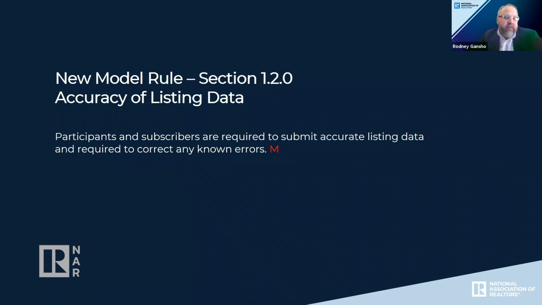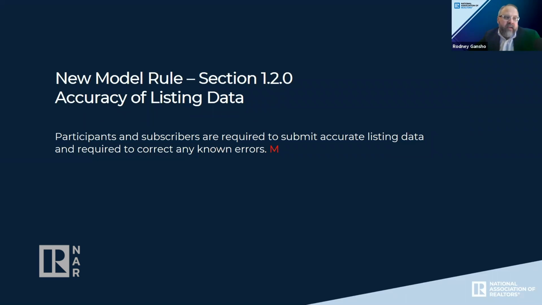The goal of that group is to create a list of MLS standards, what all participants and subscribers should expect when they join a multiple listing service. They worked extensively over the summer and fall of last year, hoping to finalize their work for the November meetings. Once they got into it more, they realized it was bigger than what they intended, and they broke up their work into two phases. Phase one was the adoption of a number of standalone policy changes, not standards for MLSs, but things that the group discovered through their discussions as needed changes in policy.